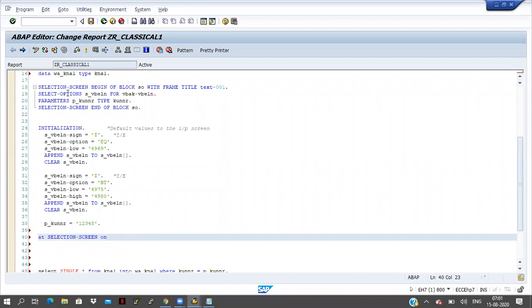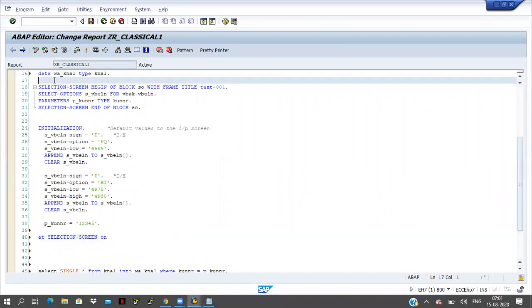I am taking one more variable here. DATA LV_KUNNR TYPE KUNNR. I am taking a single local variable, LV_KUNNR.